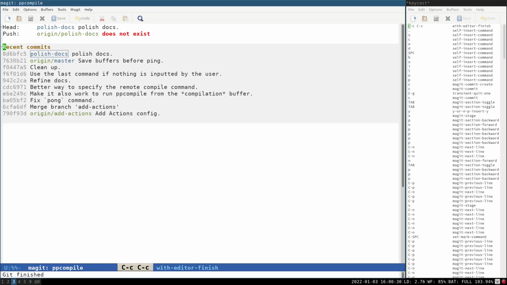When we are done with the local branch, we should push the code back to the remote repo.